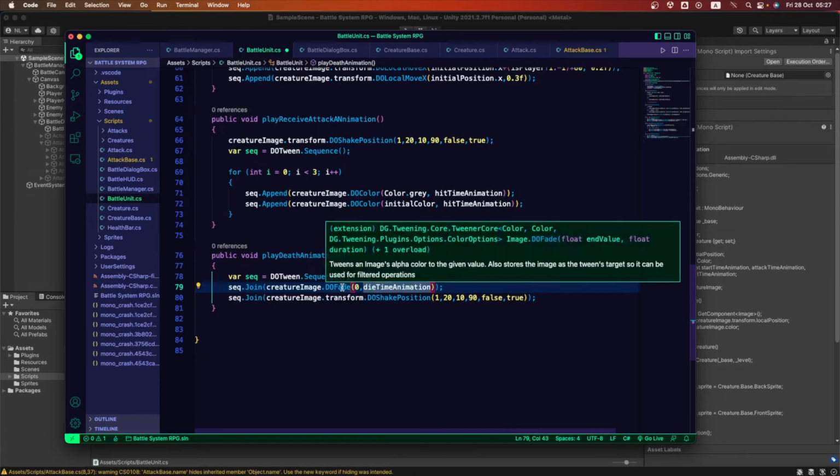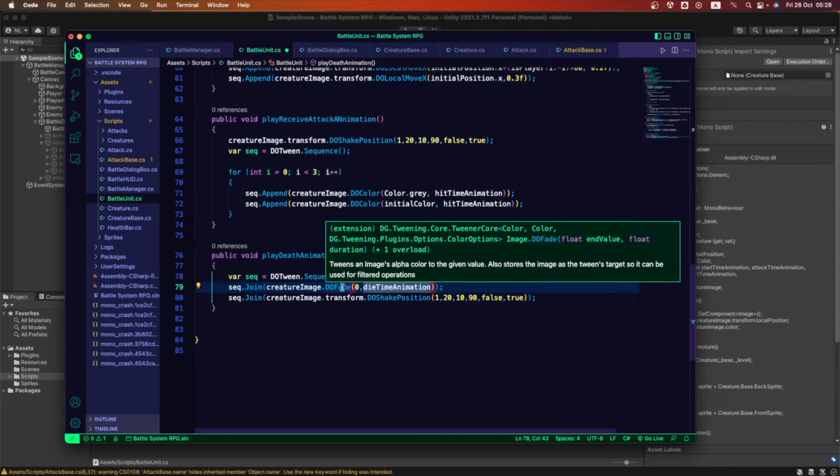This DOFade animation asks for our end value, how much we want to fade our image. As you can see, if we hover over it, it shows us what we can add into the arguments. We can add an end value, and we can add the duration of the animation.